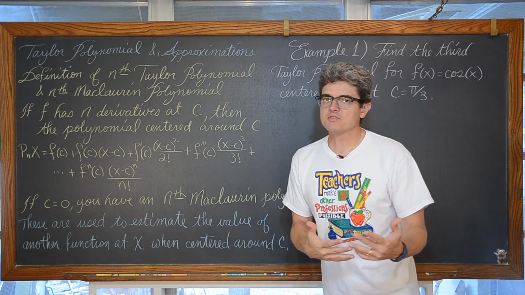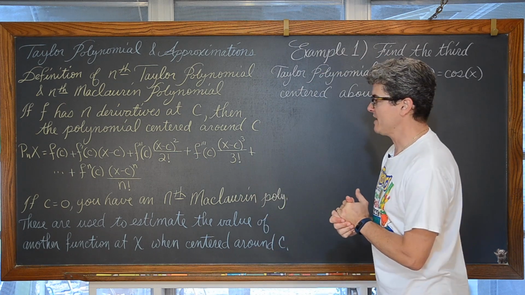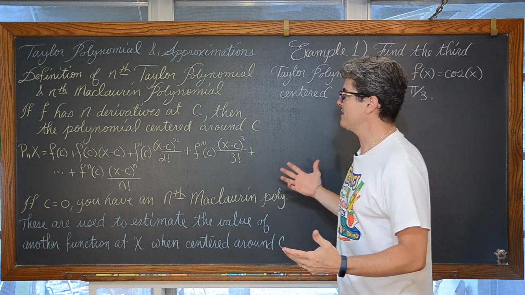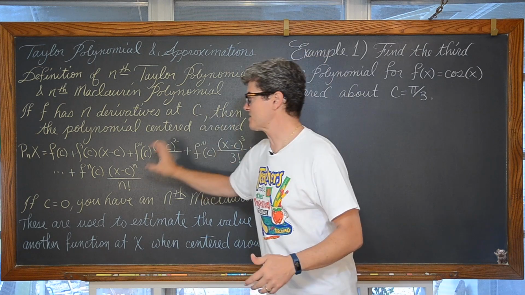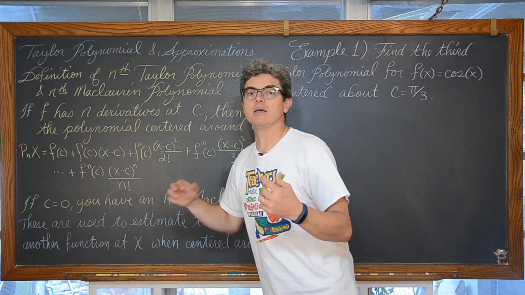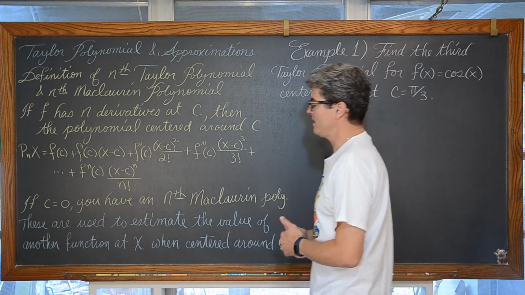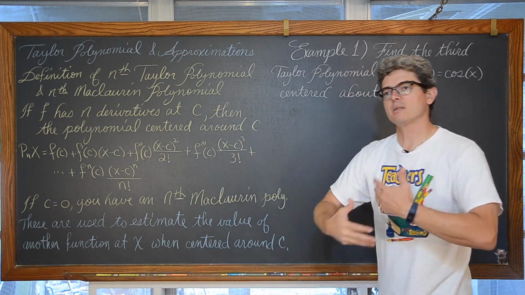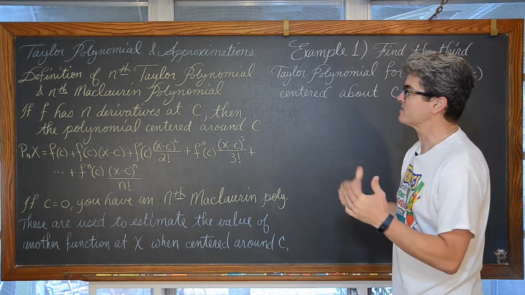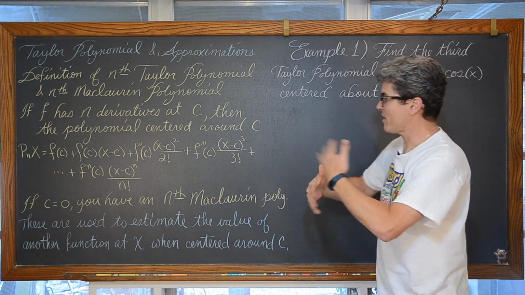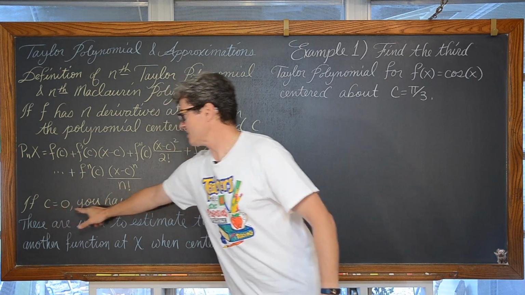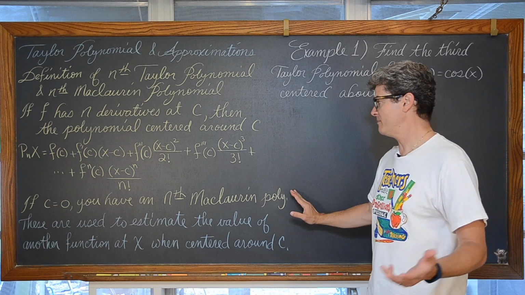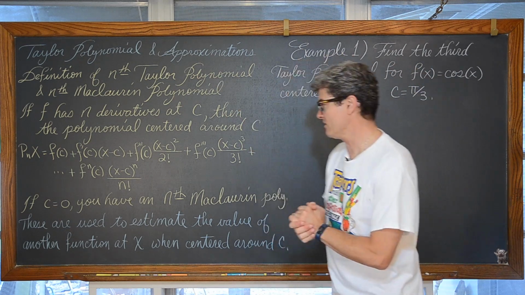And in a couple of sections, at least in the textbook that I'm using for my classroom, this will ultimately turn into a series. Right now, we have sort of a partial series, and we're going to stop at some degree and make an estimation. And through the video, we are going to be talking about, well, what's the remainder? What's the maximum possible error that we're getting from our Taylor polynomial approximation? Now, if c is equal to 0, you have an nth Maclaurin polynomial. So a Maclaurin polynomial is just a special type of Taylor polynomial.